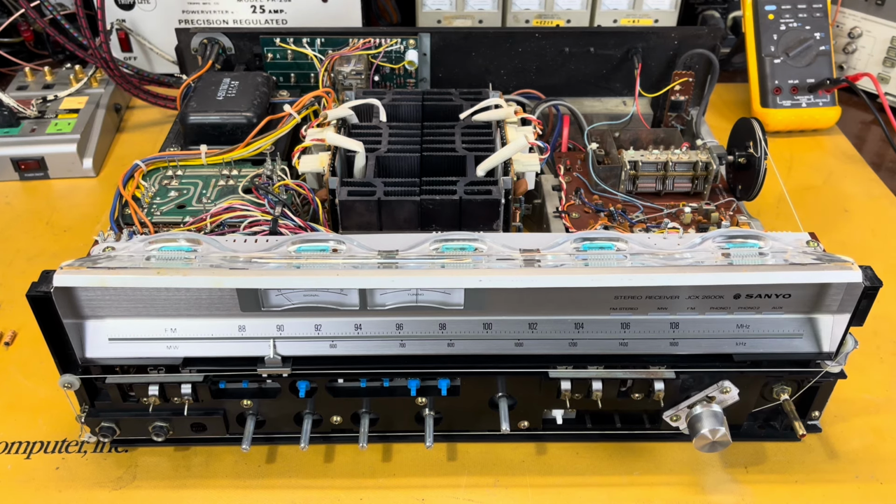I want to go over a little bit about what repairs I had to do to this thing. When I received it from the customer, he had recently just purchased it on eBay, I believe, and it came in unknown condition. When I opened up the lid, I first noticed there were no screws in the top cover. And then I noticed that the